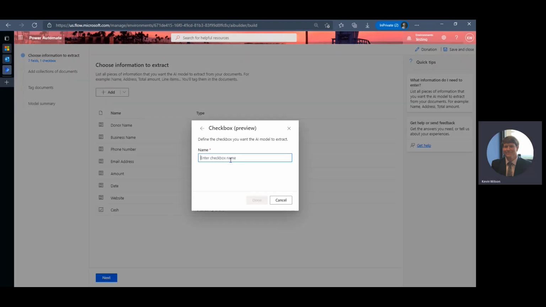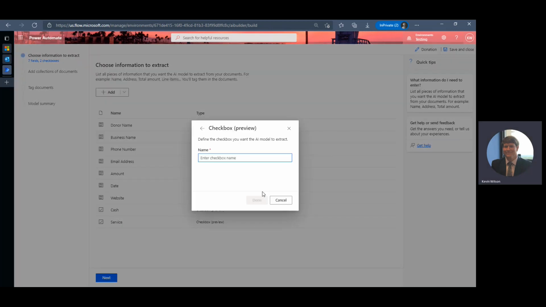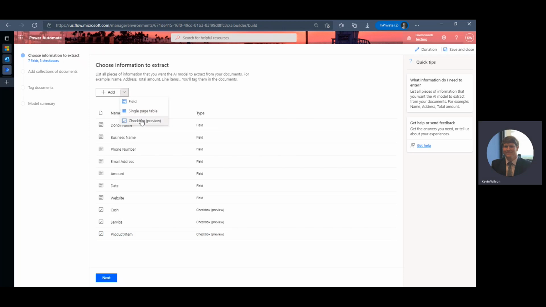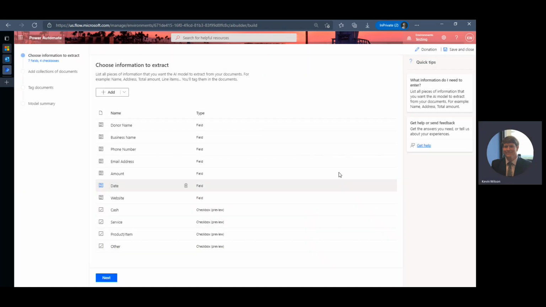The next donation type is service. And then we have product/item. And then we have other. So once I have all the fields defined that I want to extract from my form, I can go on